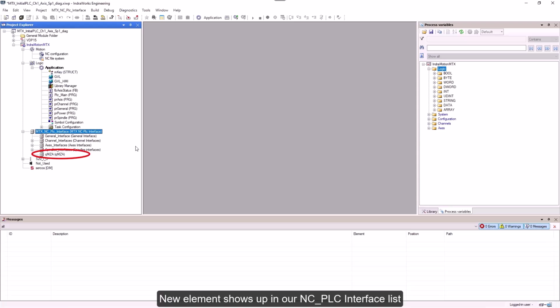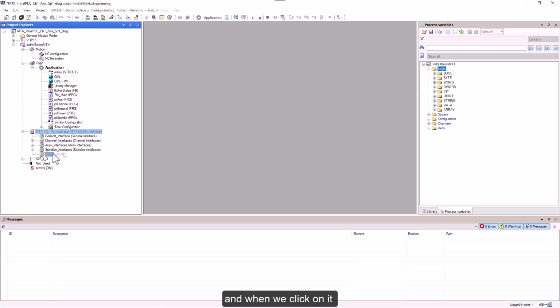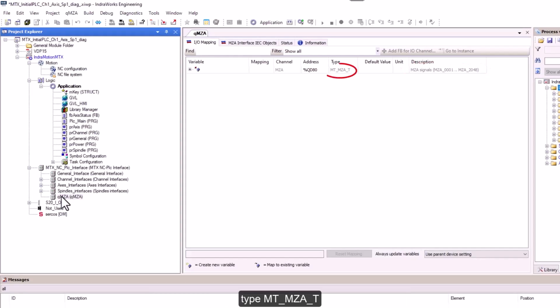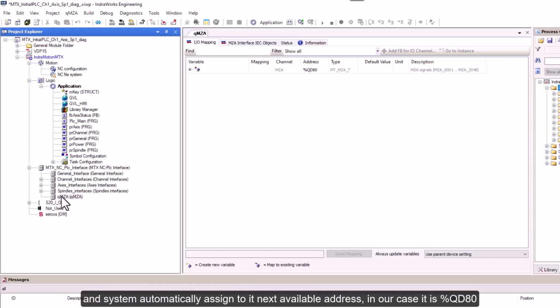A new element shows up in our NC PLC interface list, and when we click on it, we can see that this is a structure of 2048 MZA signals, type MT MZAT, and the system automatically assigned to it the next available address. In our case it is